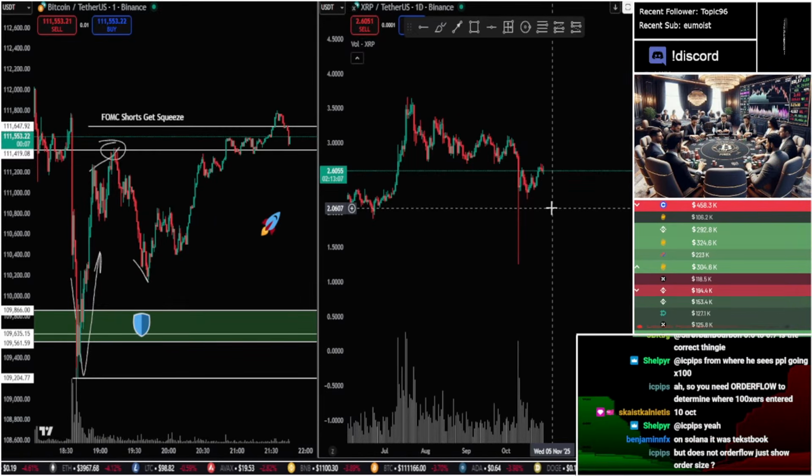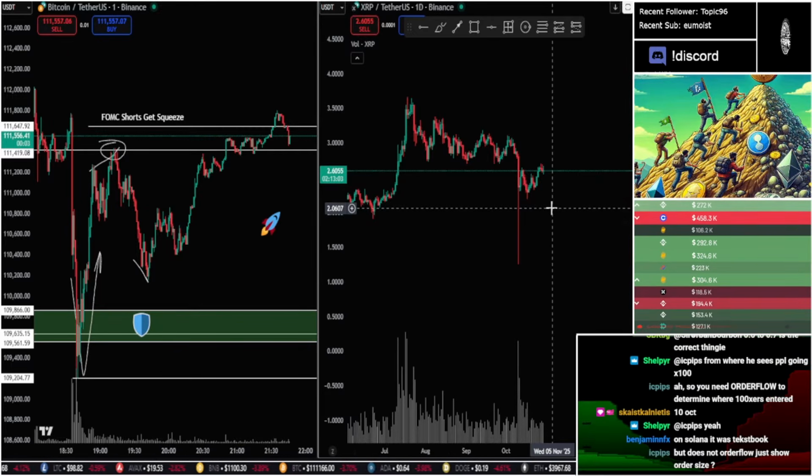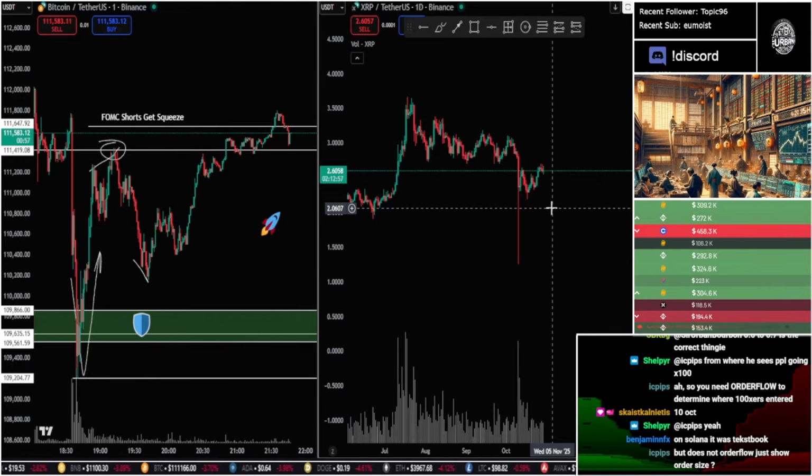Does that make sense? And you know, there's plenty of instances where quote unquote skipped stop losses. So isolated leverage ultimately is a really good tool to use for protection.